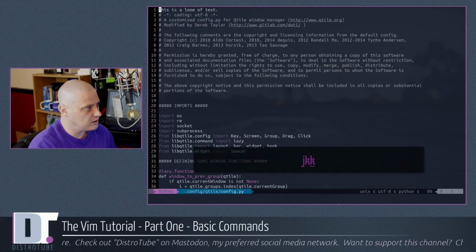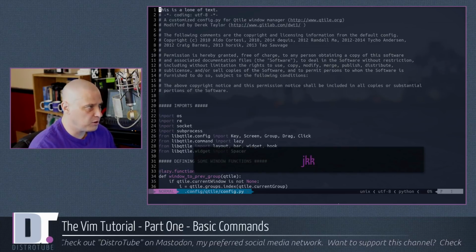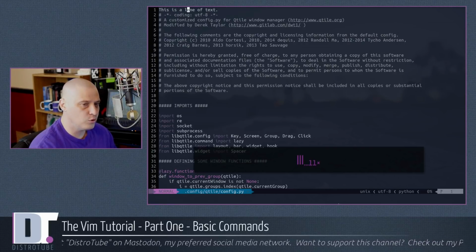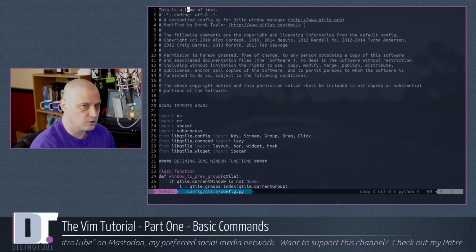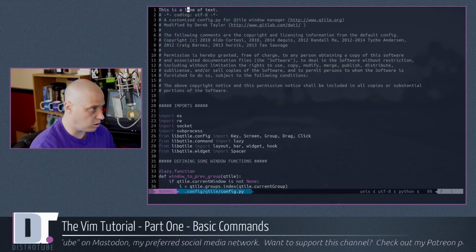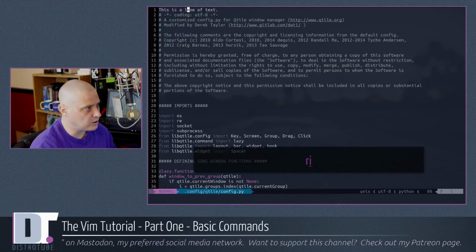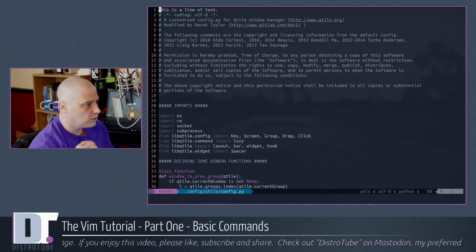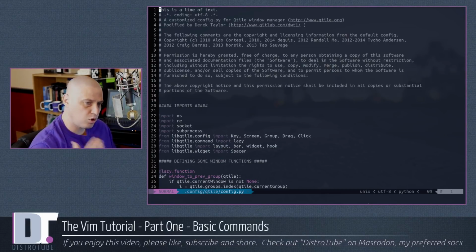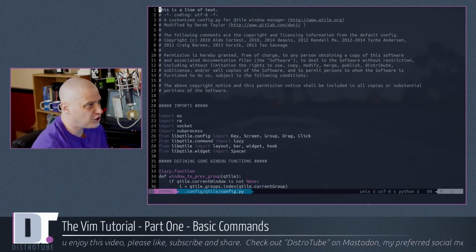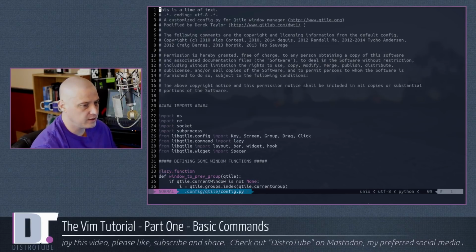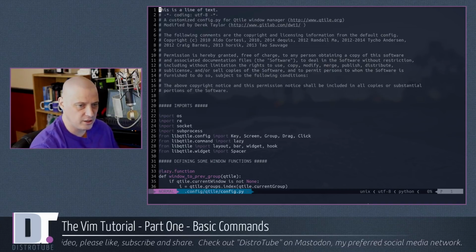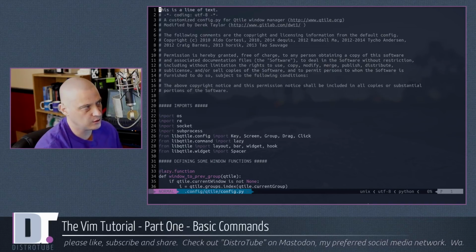Let's change that. Let's discuss R, which is the replace function here in Vim. So if I go over to O, which needs to be I, to replace O with I, type R for replace, and then the letter I. See how that works? The last command I want to discuss on part 1 of the Vim tutorial is the change command. The change command, you need to type C on the keyboard for change. So change equals C. Makes sense, right?